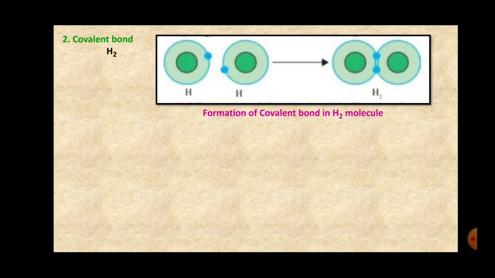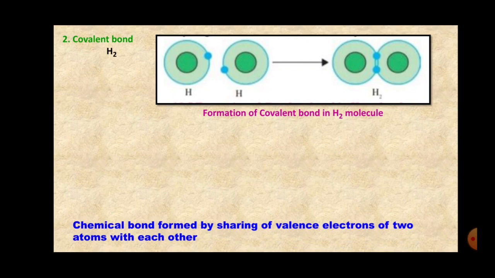Now, if we see the formation of the hydrogen molecule, we know that hydrogen has only one electron in the outermost orbit. So, these two atoms come near each other and keep their one single electron in the center, and they both use these two electrons to complete their duplet, and thus they form the hydrogen molecule, right? So the bond formed by sharing of valency electrons of two atoms with each other is called a covalent bond. One covalent bond is formed by sharing of two valency electrons. So this is how the hydrogen molecule is formed. We will see one more example of a covalent bond